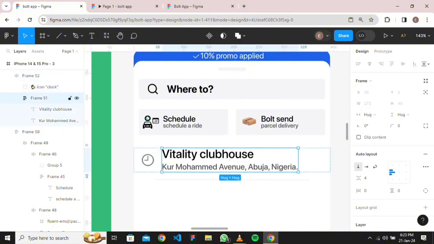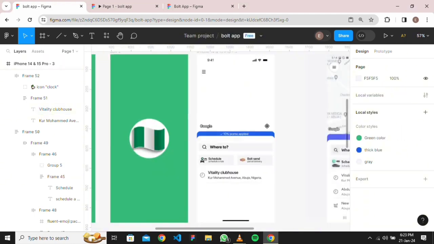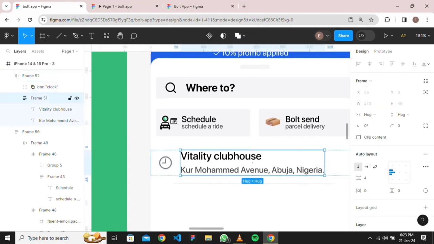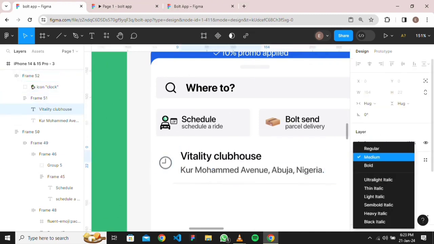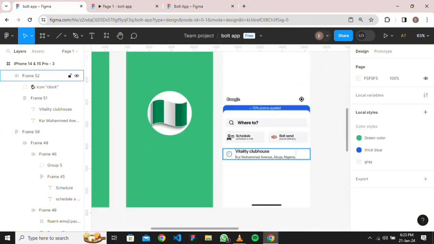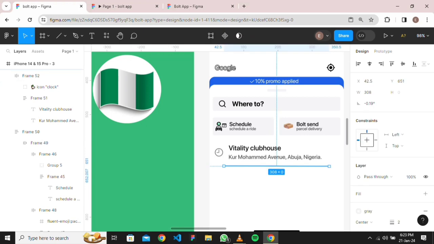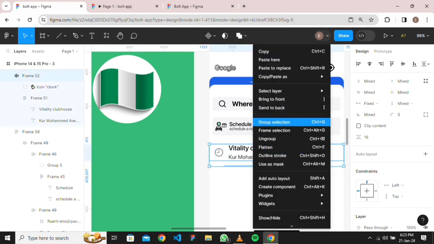This font size is too big, so let's make it 20. And it shouldn't be medium. I think that's okay. So click on this and click on this while holding shift and click on this. Now what you need to do is Ctrl G,